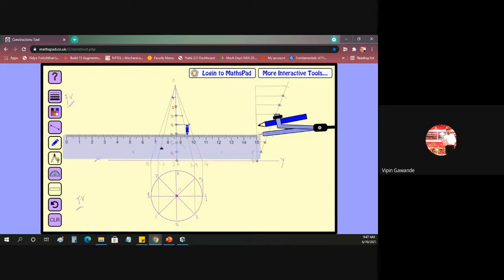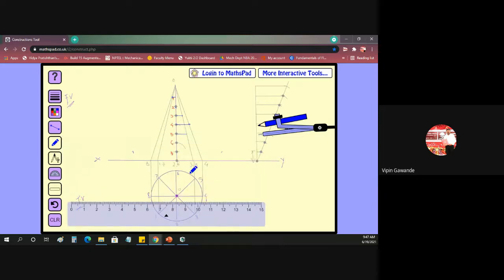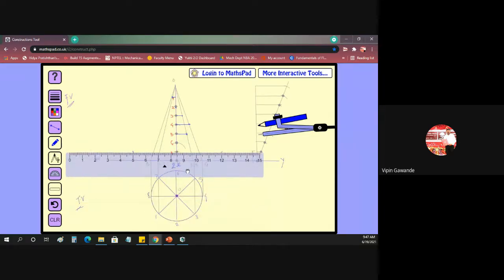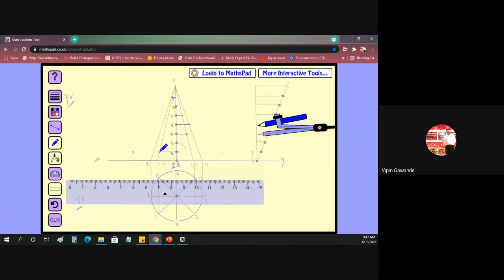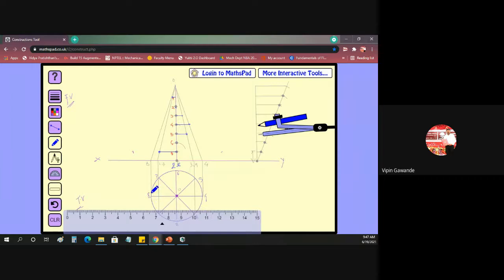Okay, so this is 5. Now 6 is on the same line. See, this is 2 and 6. So 6 will remain here only. Okay, now this is 7. 7 is what? 1, 7. So this goes to 1, 7. So this is 7. And the last point is what? This is 8. So this is our 8 point.